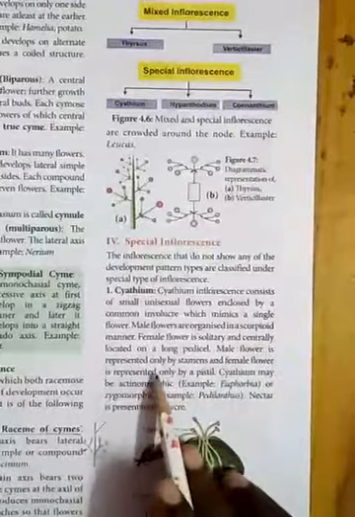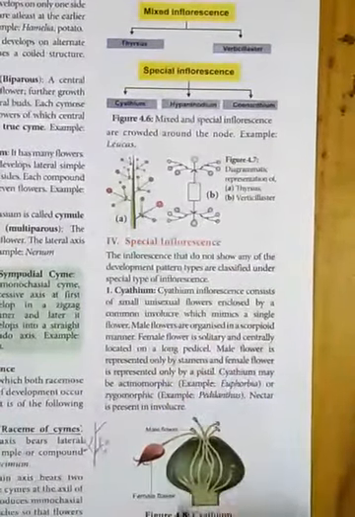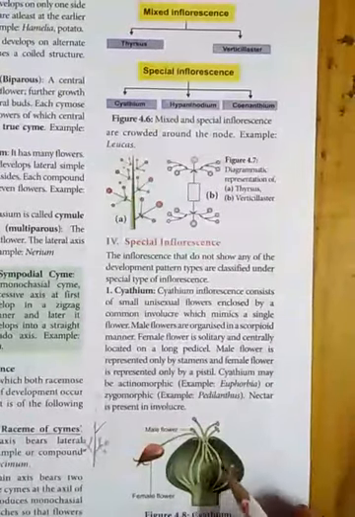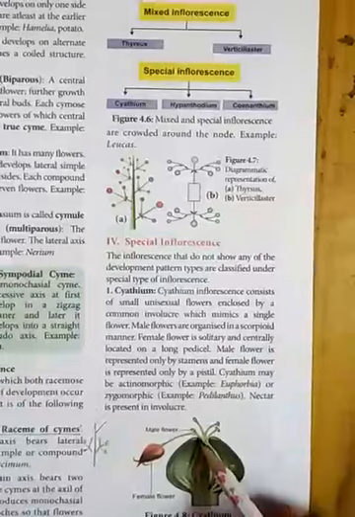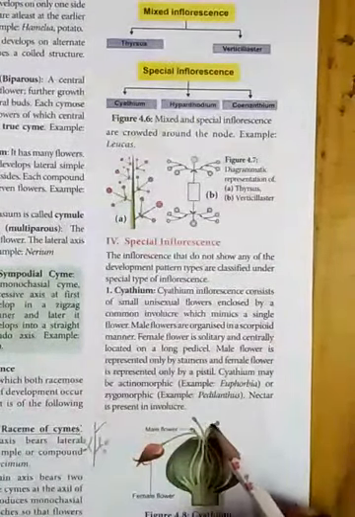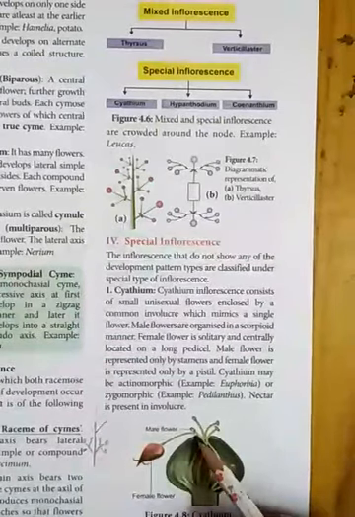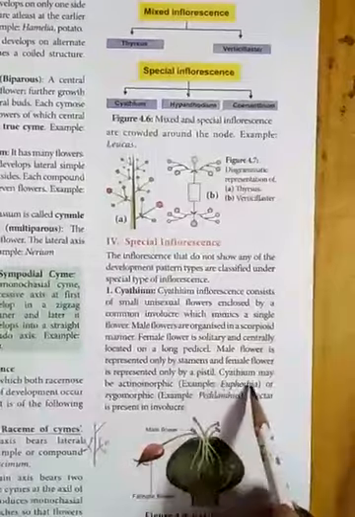The male flower is represented only by a stamen and the female flower is represented by a pistil. So here they are all naked flowers, okay, unisexual naked flowers. That is, they do not have the calyx or corolla. Only the reproductive parts are present there. Stamen represents the male flower and the pistil represents the female flower.